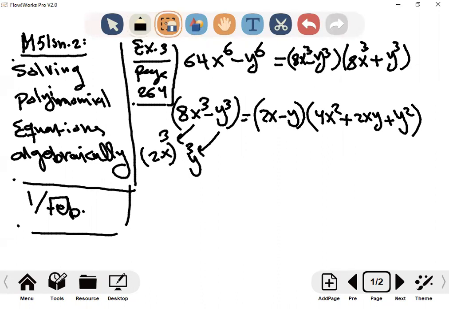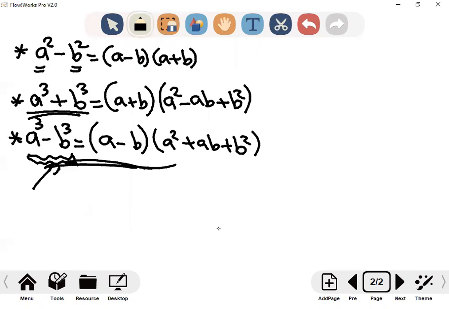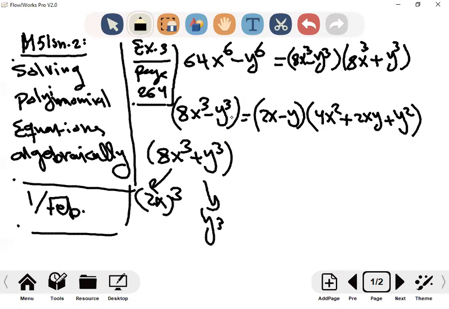Of the second parenthesis, I'll apply what? The second parenthesis, 8x power 3 plus y power 3. The 8x we said is (2x) power 3 and the y is y, right? Apply the second formula, which is the addition of two cubes, a plus b, a power 2 minus ab plus b power 2. Apply it there. It will be 2x plus y